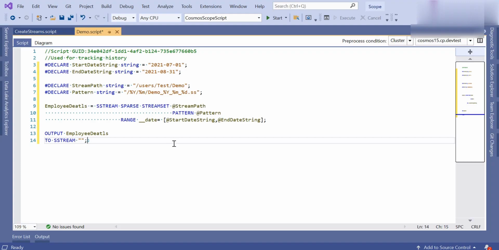I will write the output in this folder: demo slash demo underscore monthly stream underscore July and August dot ss. Let's submit the script.